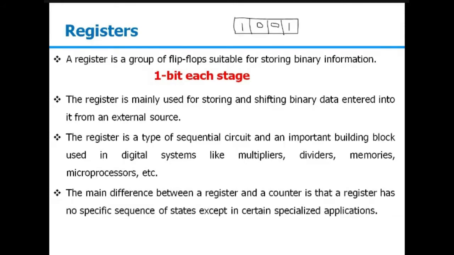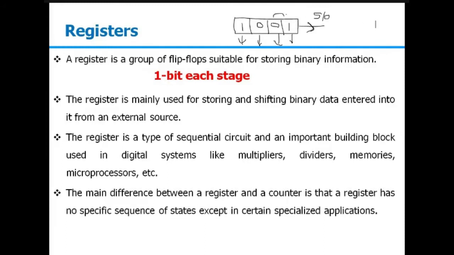After the loading, we need to read the data. When you are reading, again depending on the mechanism, if you want to read the data serially, it means we will be taking 1 bit out at a time. Similarly, you can read the data all at once, in parallel. So we will have some mechanism that will allow us to read all 4 bits at once. When we are talking about the serial output, when you are reading the data serially at the output end, we need to shift the data because initially you will be reading 1.